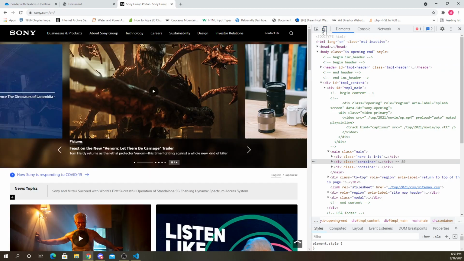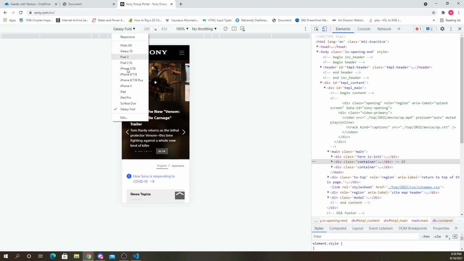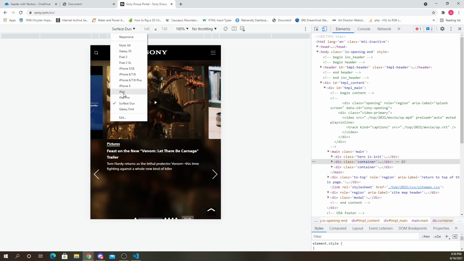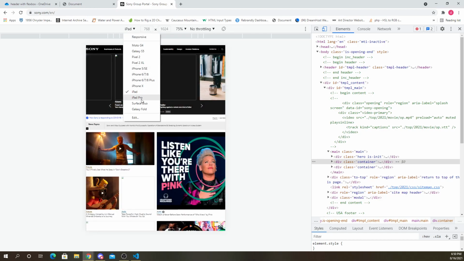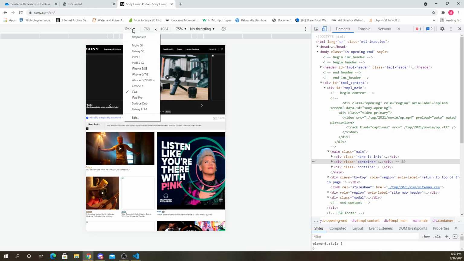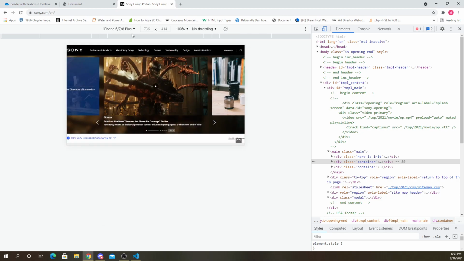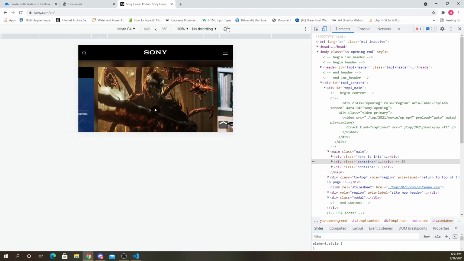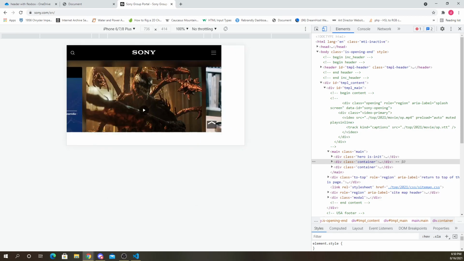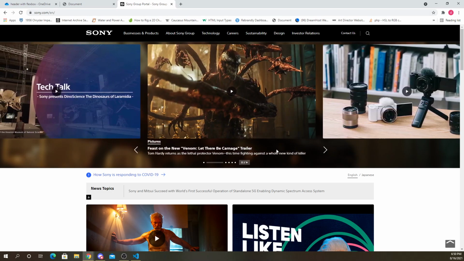It's Sony, so let's check it out on a bigger device like an iPad. Yeah, I guess it works fine. Rotate it sideways. Anyways, okay, so we need to